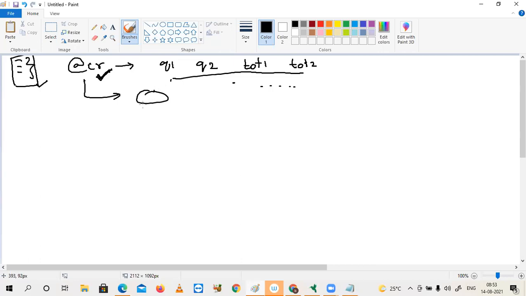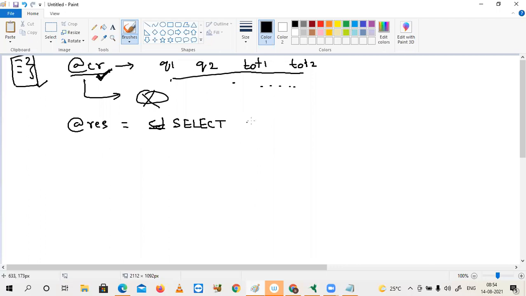For now, straight away I am applying this one. result is equal to, my input is from this one. Actually we should write in uppercase, but in Paint, writing uppercase letters is a little difficult for me, so I will use small letters. In Notepad, while typing the text, I will use the exact syntax.